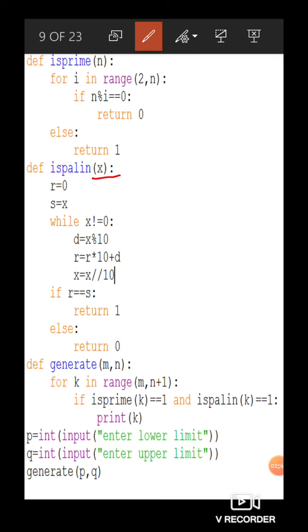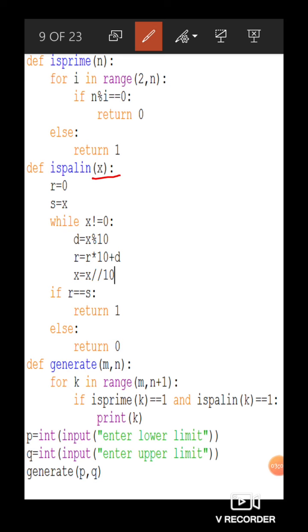It is receiving a number as an argument, and you have already seen how to find the reverse of a number. In the last video where I discussed programs, I discussed how to check whether a number is palindrome or not, so you can refer to the logic from there.